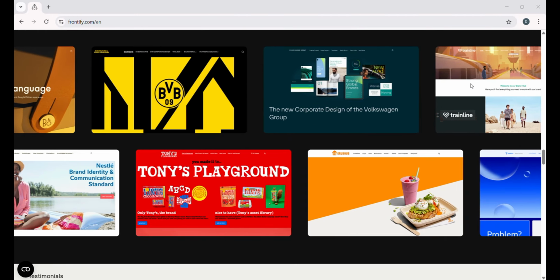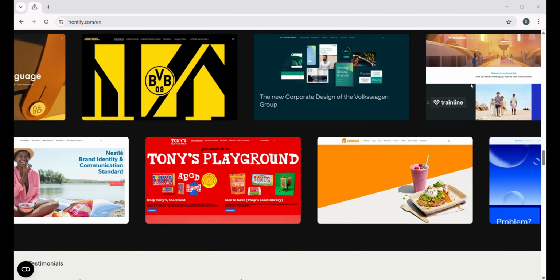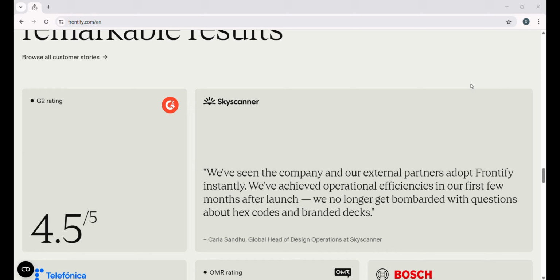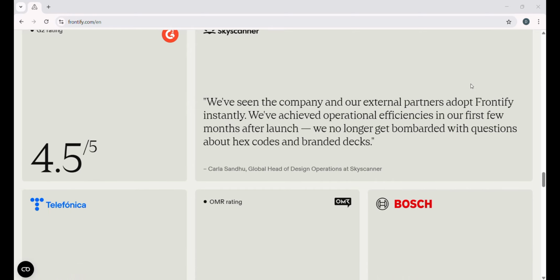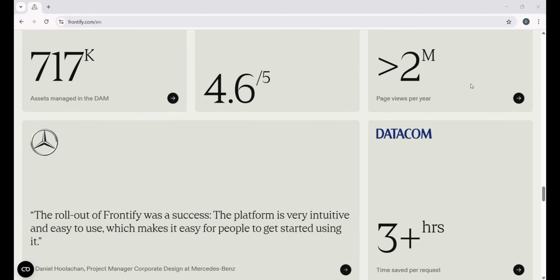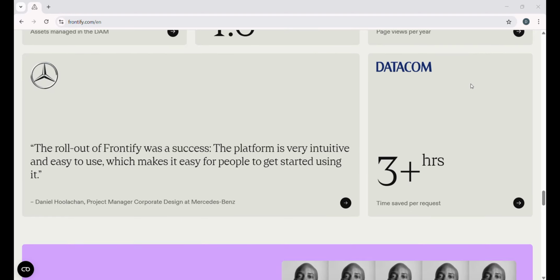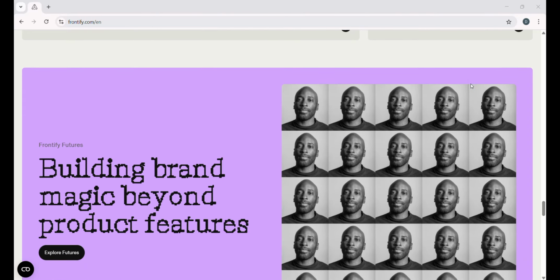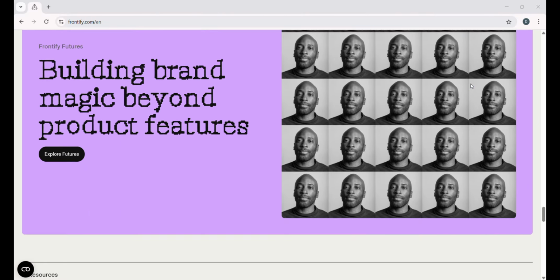So whether your team is working in the same office or across time zones, everyone always has access to the most up-to-date brand assets. No more guessing, no more clutter, just a clean, unified brand presence that scales with you. Let us go ahead and walk through exactly how you can get started with Frontify and begin transforming your brand